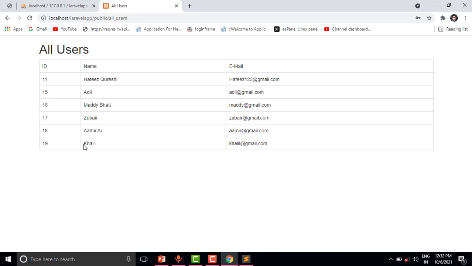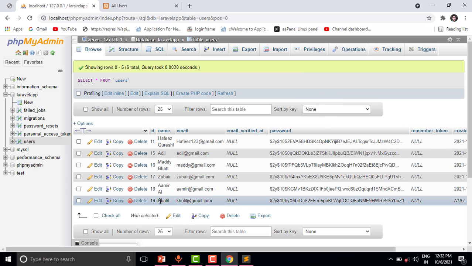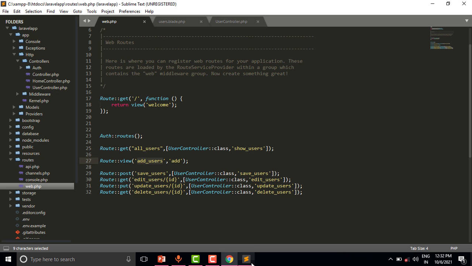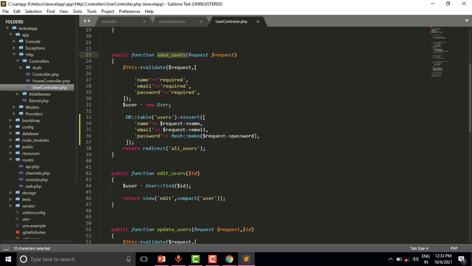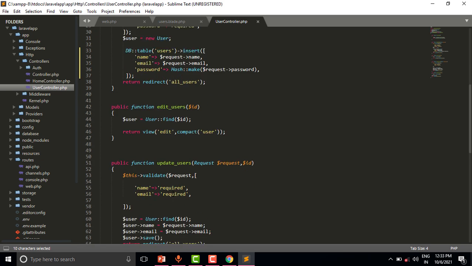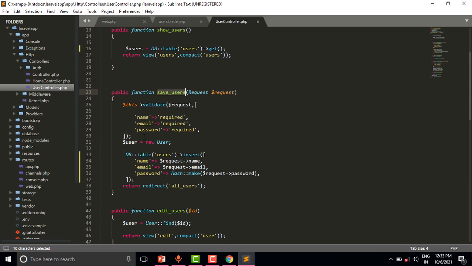Now you can see we have added one more record. Now we have 6 users. In the database you can also check we have one more record in the database by using the query builder method. So in this way we can also edit, update and delete by using the query builder method.